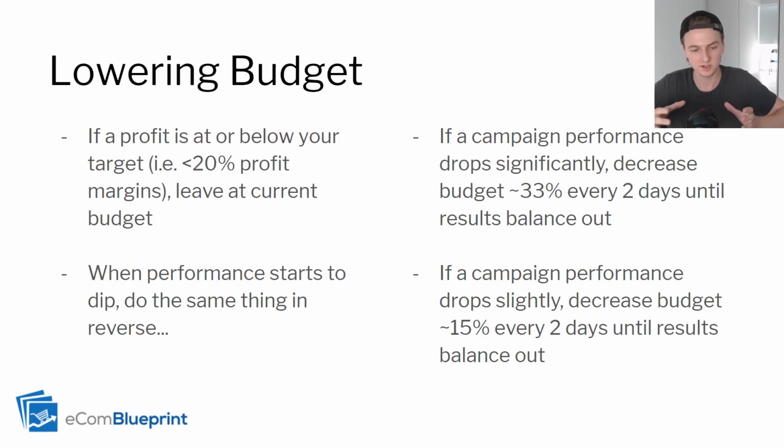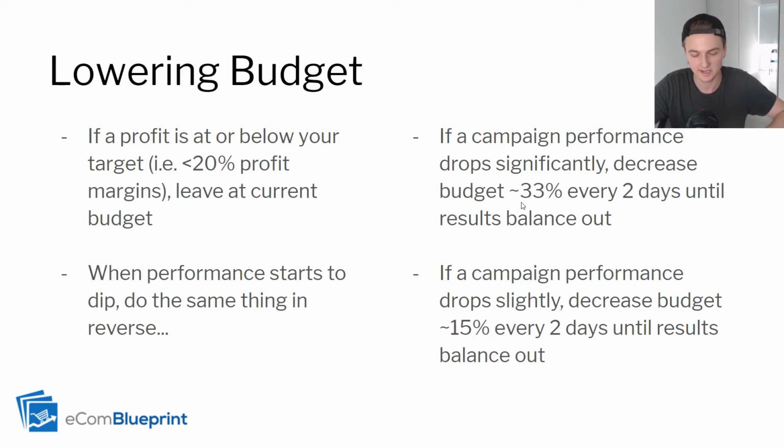Now, what about when it starts doing bad, right? If profit is at or below your target, just leave it at the current budget. If you're below like 20% profit, don't try to scale it, just let it be. And then when the performance actually starts to dip, so if you're starting to lose money, right? If the campaign performance drops significantly, then you want to drop the budget 33% every 2 days until the results